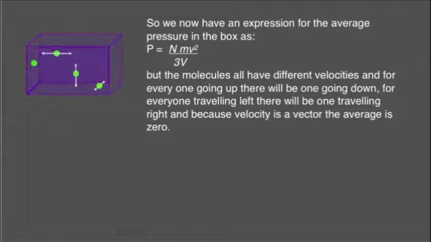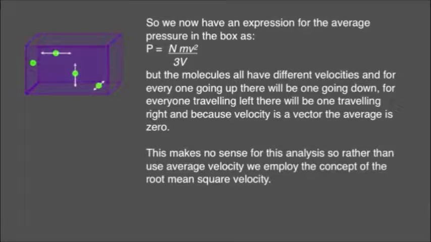We cannot simply use an expression for average velocity because velocity is a vector. And for every molecule moving up, there'll be one moving down. For every one moving sideways, there'll be one moving in the opposite direction, and so on. The average velocity would be 0. It would make absolutely no sense to substitute a value of 0 in this equation, so we turn to the concept of